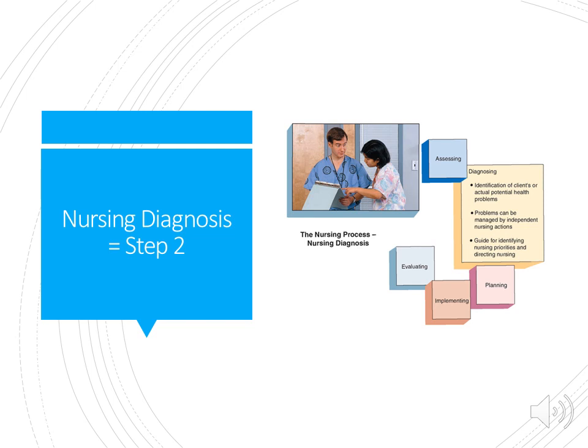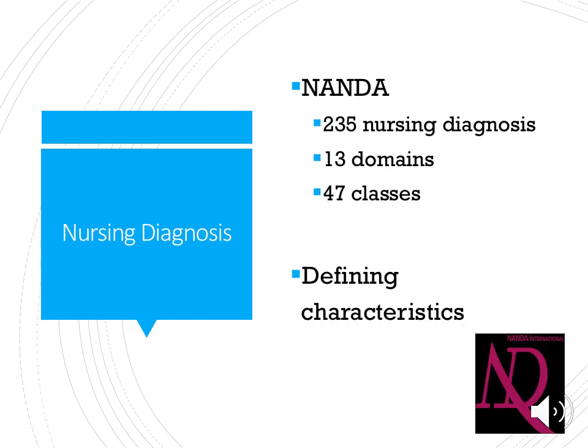Okay, so the nursing diagnosis. We've collected all of our data, we've brought it all together. Now, what can we do with that data? What have we figured out from that data? A key element that we need to understand is the difference between a nursing diagnosis versus a medical diagnosis. So NANDA is the North American